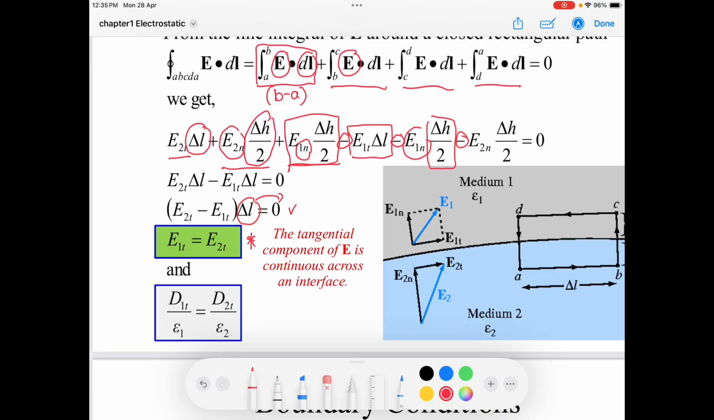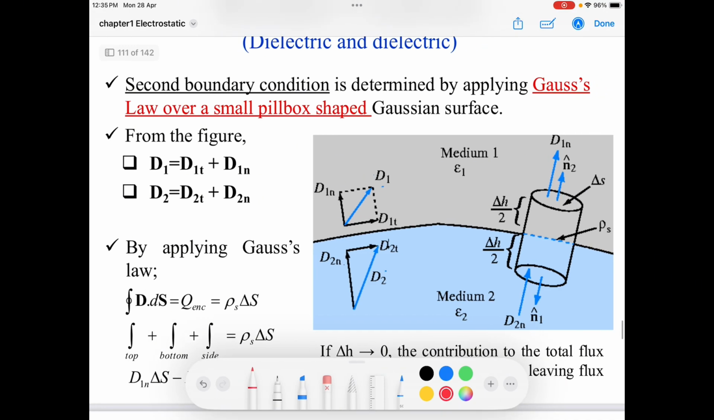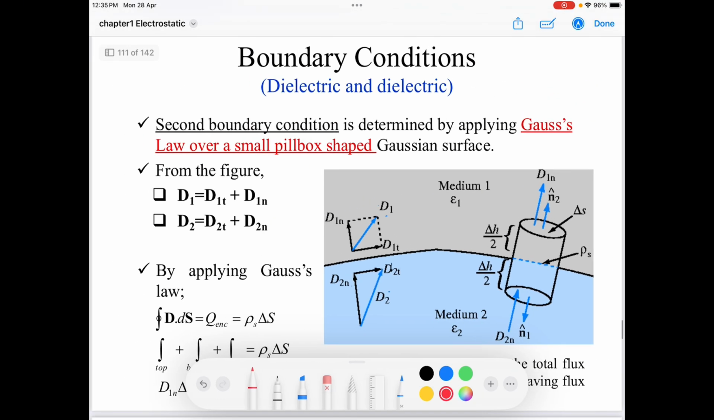So when you apply this formula, you can simplify this one to this. This is the first boundary condition that you must remember, because we are going to use this thing. Next we look at the second derivation of the boundary conditions,